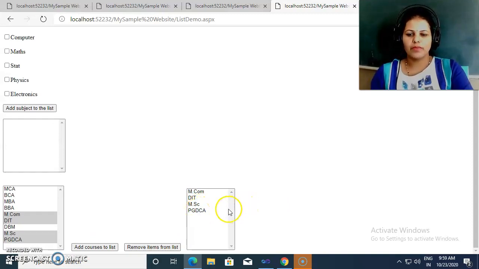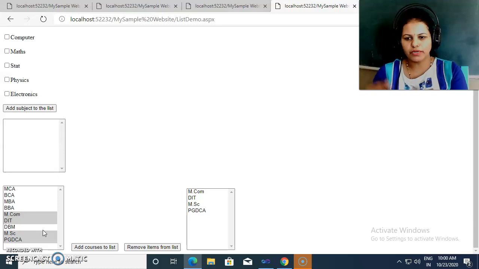So in this way we may use list box control as per our requirement we may use it. So inside this example what we see, how we can traverse the list elements or list items one by one and process on it. Here we are processing one by one element as we check that particular item is selected or not. If that item is selected, then do whatever you want as per your functionality, as per your project requirement. You may do the functionality.